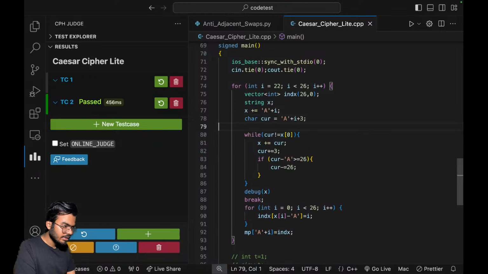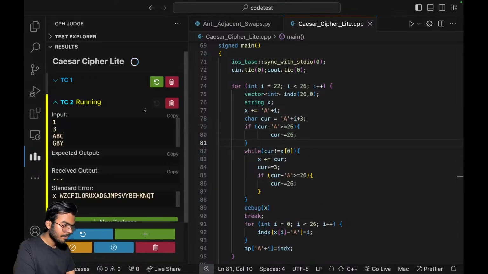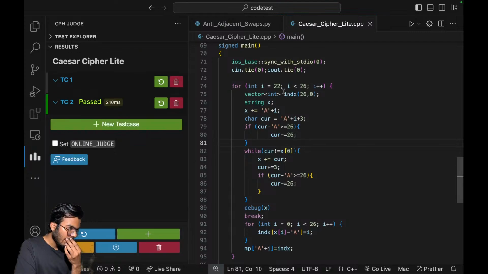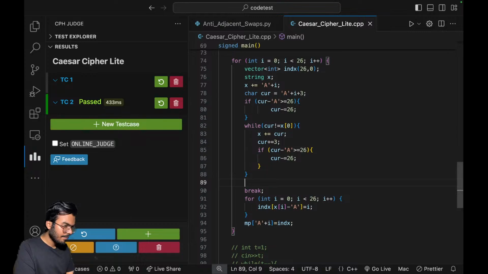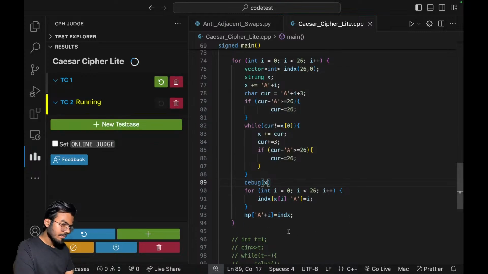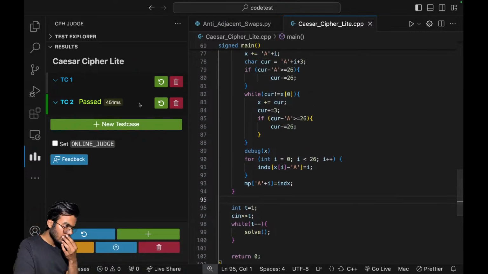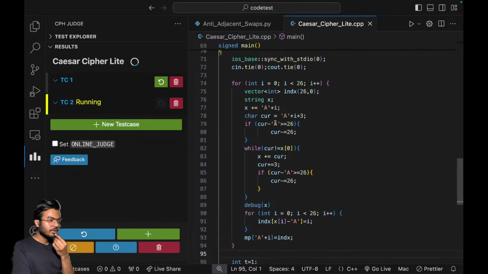I should also write this here. I think now it will work. From 0 to 26, I have gathered all the information that I need. Okay, let's try to run this and see